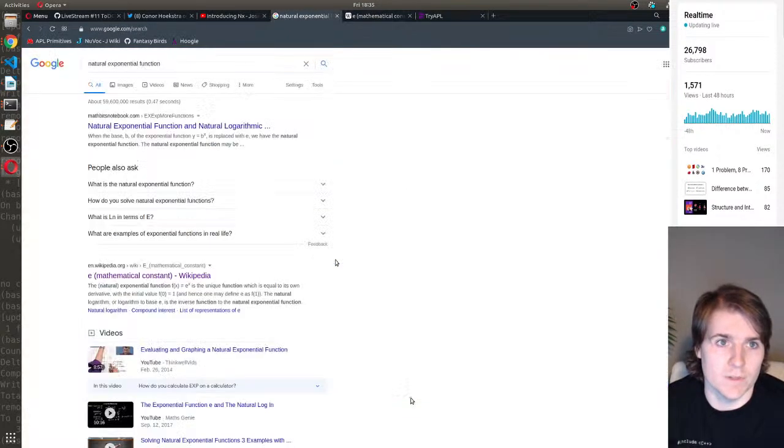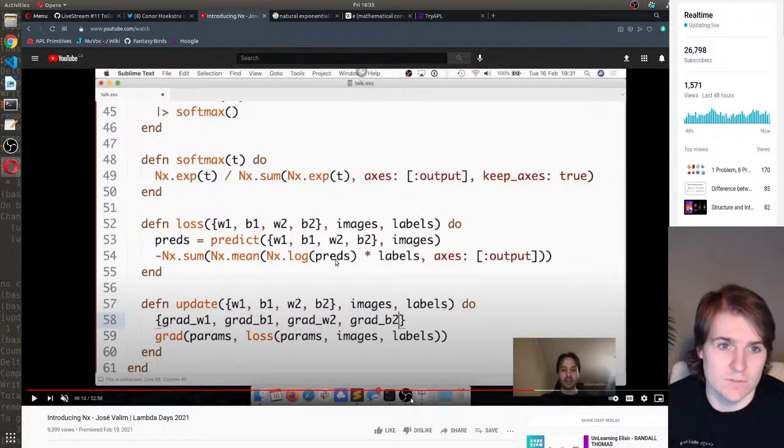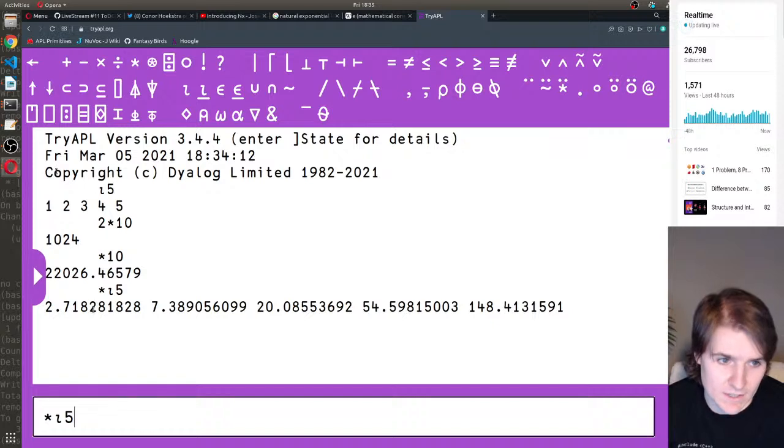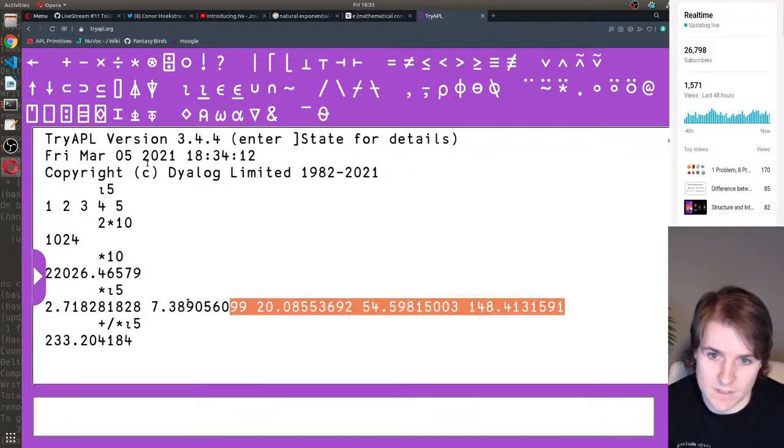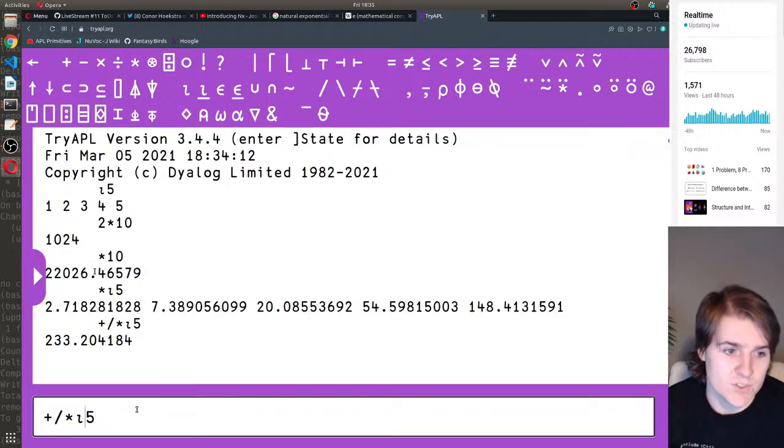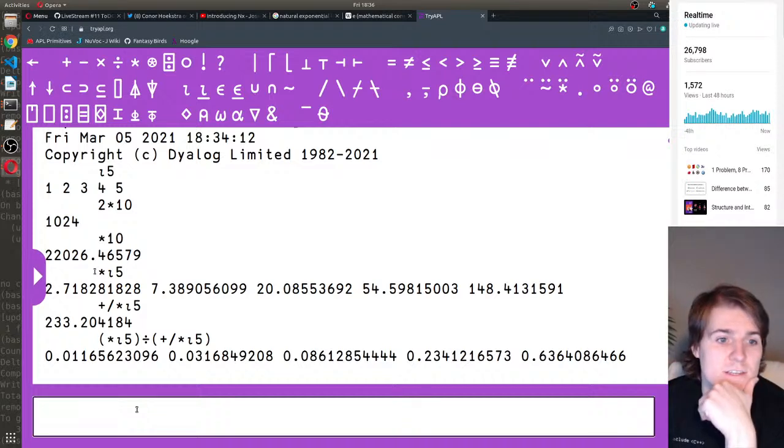And then according to the formula, you just divide each of those numbers by the sum of the numbers that you exponentiated. So basically you want to take each one of these numbers and divide it by the sum of all those numbers. So the sum is 233, so you basically want to take each of these and then divide them. So we've just added them all up. So one way we can do this is to go divide, and then just put the expression that we just had in. And so this is the correct result,